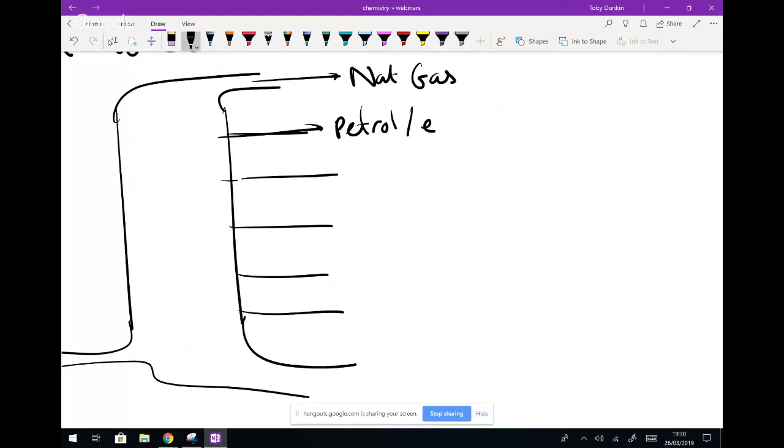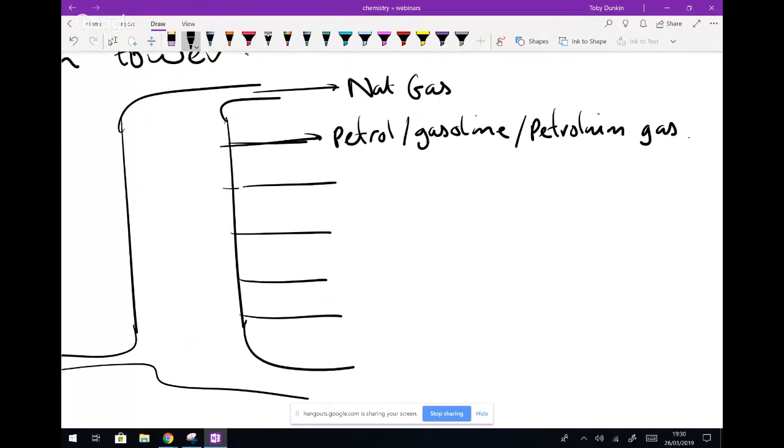I don't know why they keep wanting to use the American term gasoline. They've also called it petroleum gas. Every single one of these has appeared in an Excel paper, so do watch out. Next one is naphtha, used for cracking, industrial processes, industrial chemistry. Naphtha, kerosene, jet fuel. Just to warn you, they're going to ask you for the